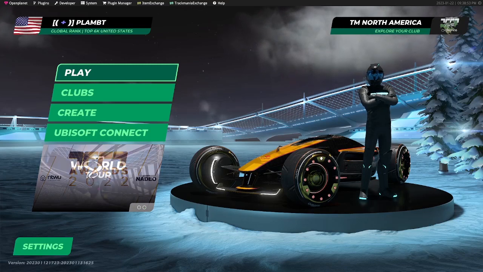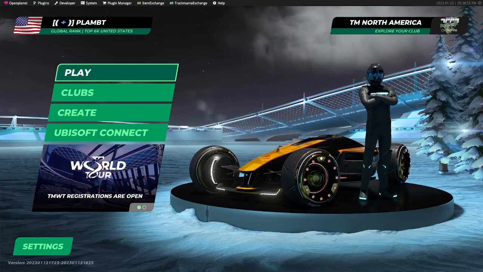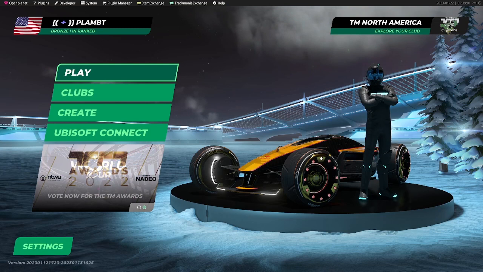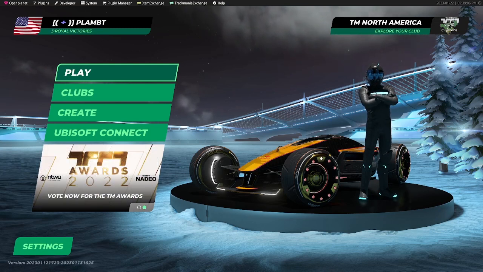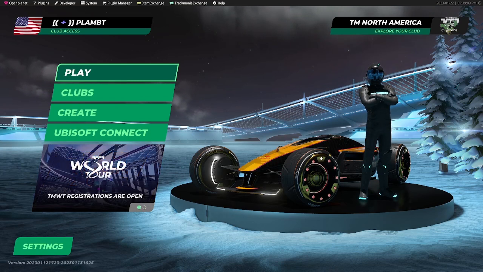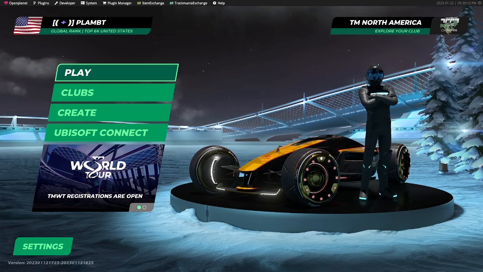Hello, welcome to this quick tutorial, hopefully quick, on how to remove clips from a block and in turn be able to make floating water in Trackmania. So if you don't know what I mean, I'll show you in a little bit, but before we do,